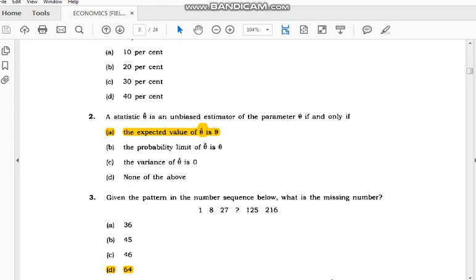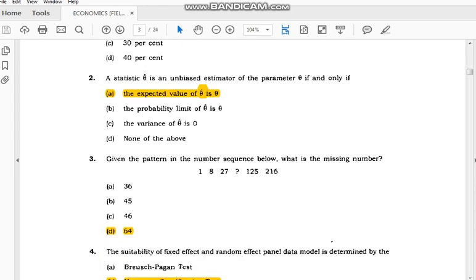The question is like this: a statistic theta hat is an unbiased estimator of the parameter theta if and only if the expected value of theta hat is theta. It is the BLUE properties of the classical regression model based on an unbiased estimator. Okay. Next question is there is a